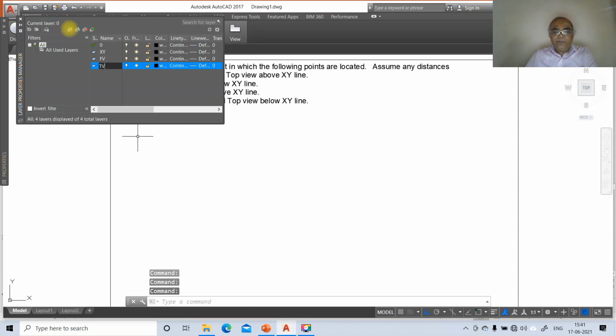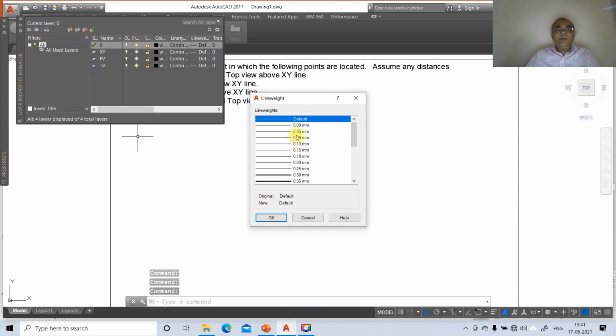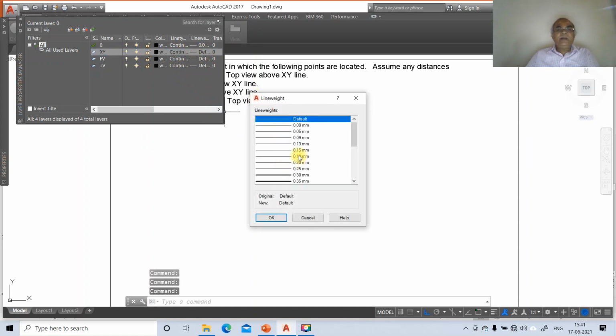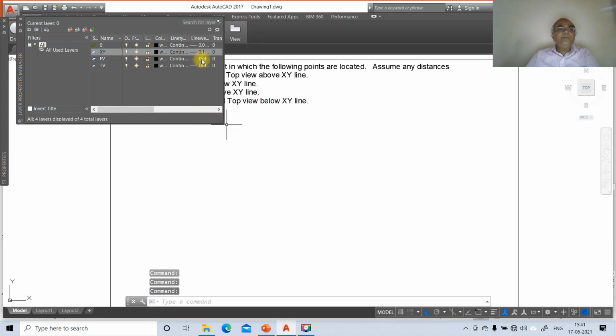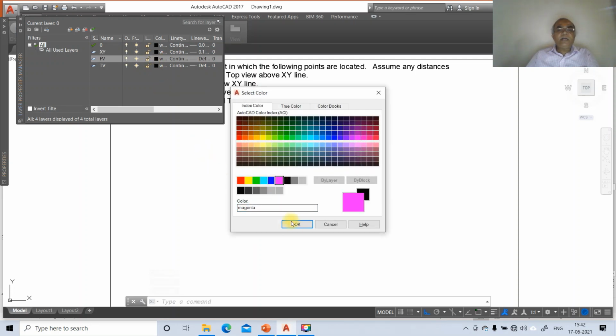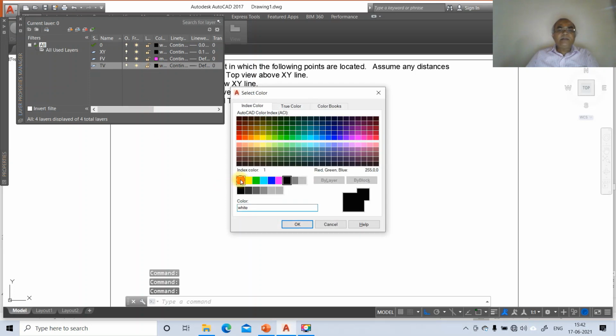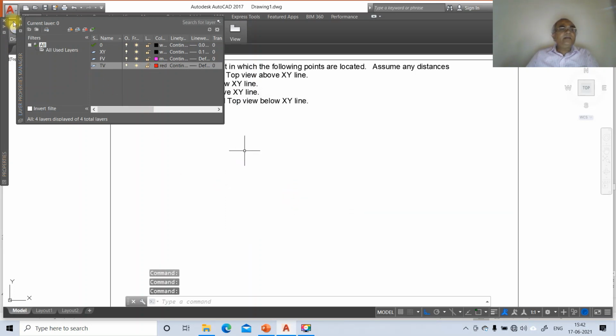view. Then here line weight 0, you make it 0.05, XY line make it as 0.13, then front view, so make the color of the front view as magenta color, then the top view as red. Okay, and say close.